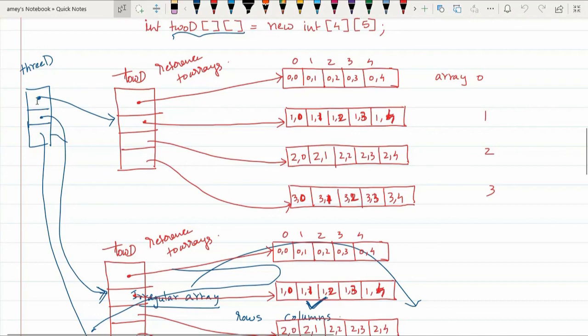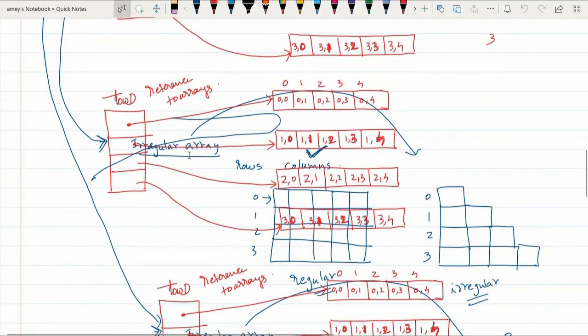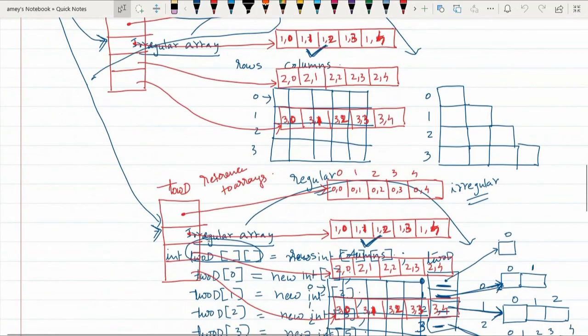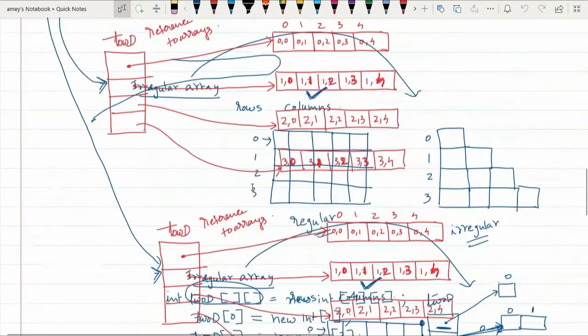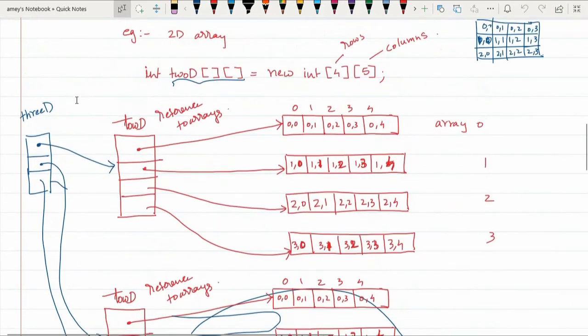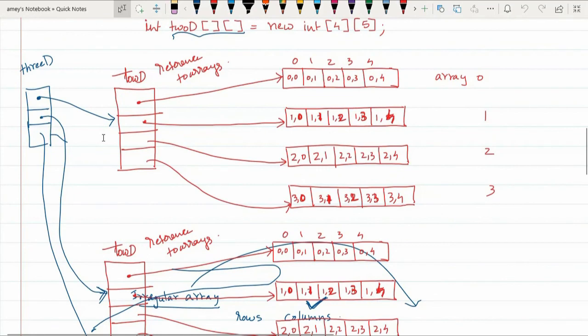The first index position of this 3D reference will be pointing to the array reference of the first matrix. The second address will be pointing to the array of arrays representation of the second matrix, and the third will be pointing to the array of arrays representation of the third matrix. So this is how you will have three matrices, something like a pointer to a pointer, right? Although the internal memory representation of this three-dimensional array looks complicated, it is not.